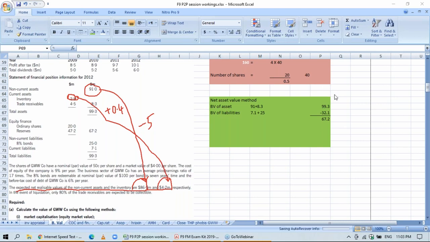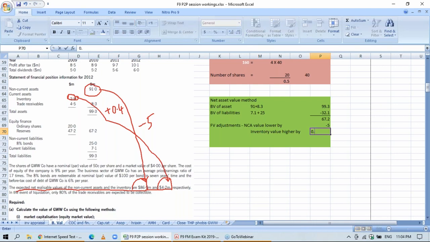So let's do it now. Let's make the fair value adjustments. These are known as fair value adjustments. The first adjustment is non-current asset value lower by 5. Then inventory value higher by